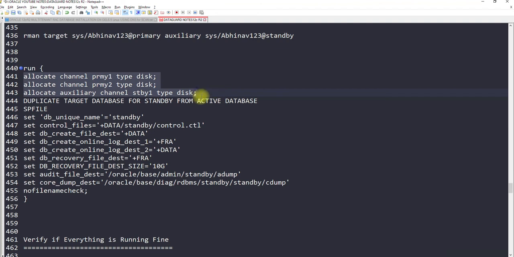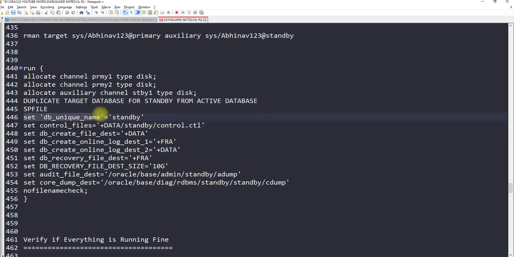The auxiliary channel will run on the standby database, and the other channels will run on the primary database, so that it can use 2 threads or 2 processes to run this specific task of RMAN duplication. And you have to run duplicate target database for standby from active database, spfile.